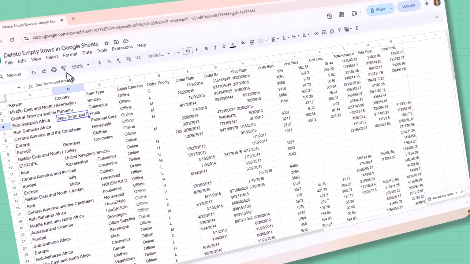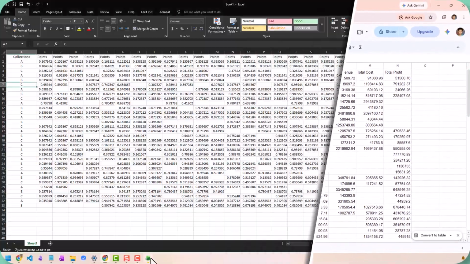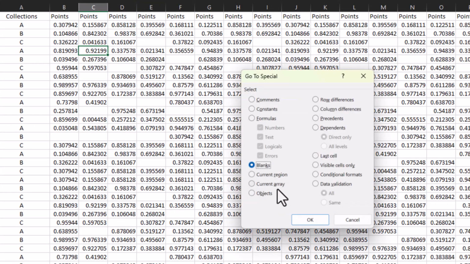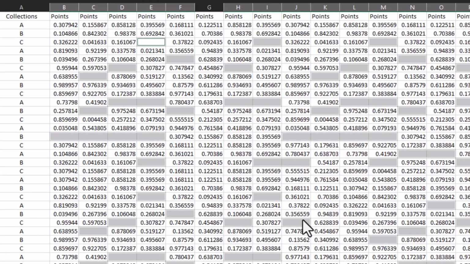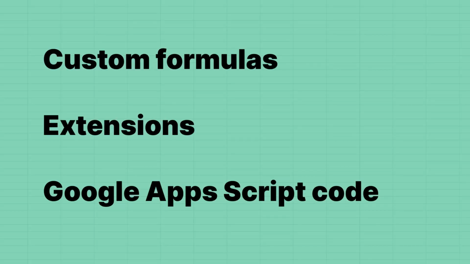Google Sheets doesn't have a native feature to find and select blank cells. This feature is present in Microsoft Excel, but Google Sheets users do not get this easily. Whenever there is no native feature available in Google Sheets, luckily we can use either custom formulas, extensions, or Google